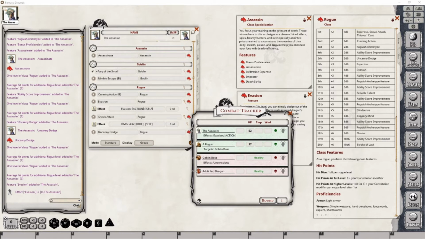What'll happen now is if I make the attack, for example, or the Dungeon Master makes the attack with their breath weapon. I didn't target you. Let's try that again. Alrighty. So let's target the assassin. Okay. Now, if I attack that assassin,